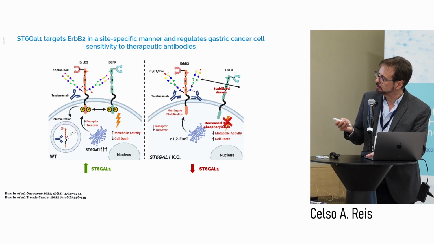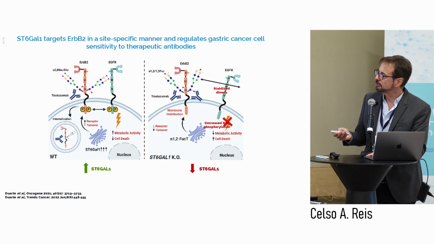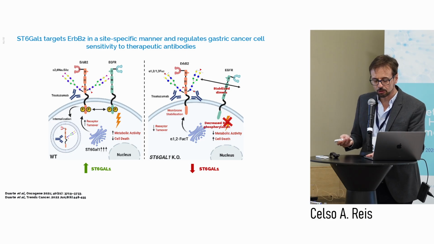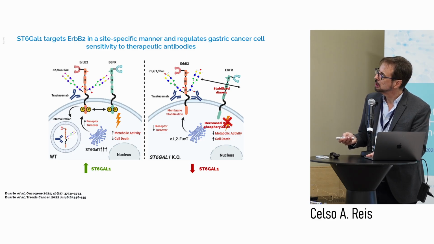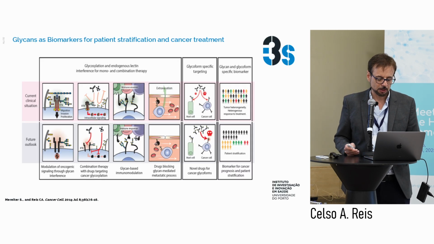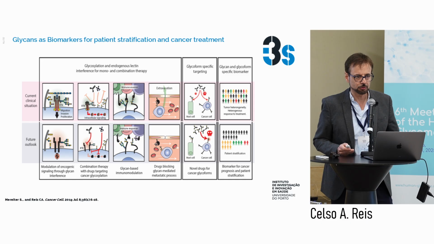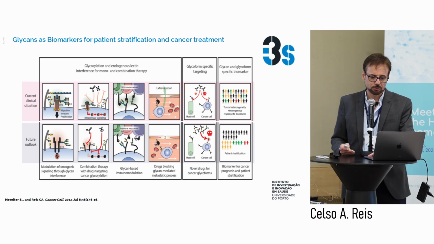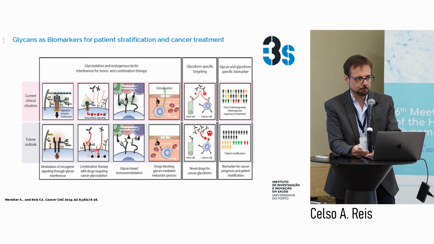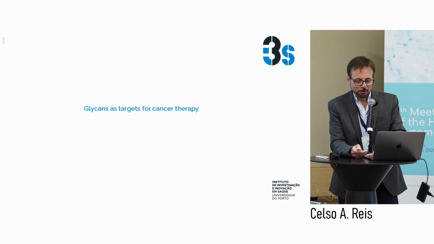The glycans are important for oncogenic signaling, but upon treatment with the therapeutic antibody, you can have differences in response depending on the glycosylation of this receptor. Obviously this has a critical effect if you think about proper patient stratification, because some of these patients do not respond to therapy and others do. So this is something that we have to further implement. But the main topic I wanted to address, if I have some time, I started 5 minutes late, so